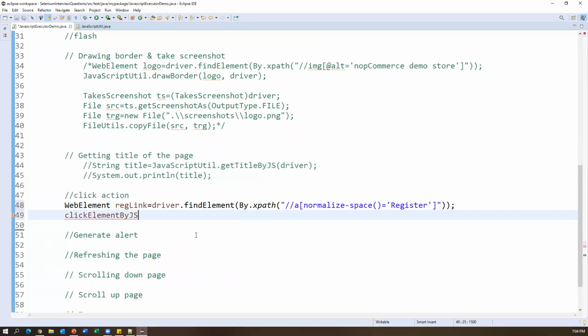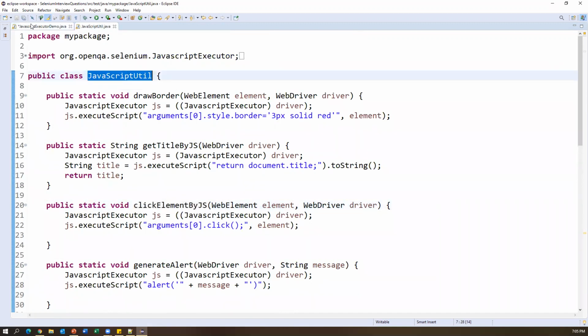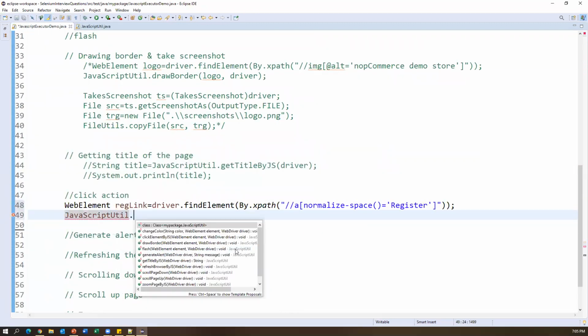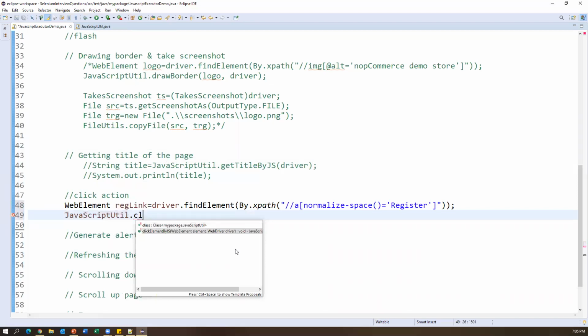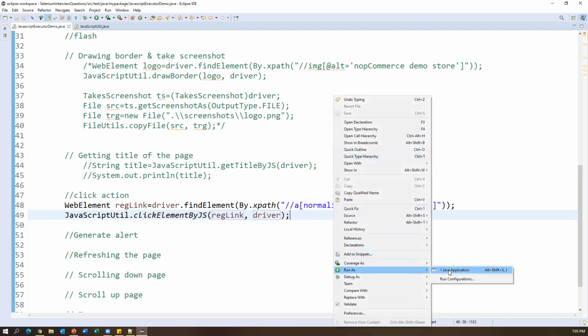The class name is JavaScriptUtil.clickElementByJS. And here I'm passing the element. What is that element? registerLink is the element, and driver. That's it. So when I pass this, it will perform the click action on the registration link. Now let us test this. Run as Java application.